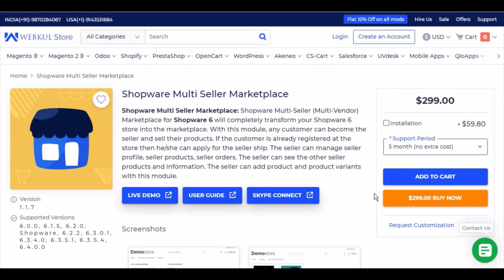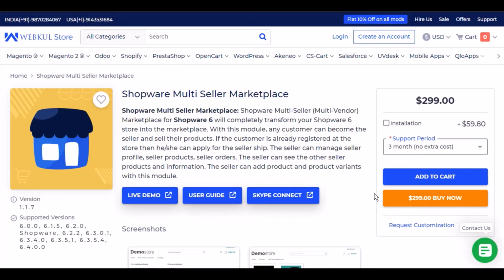So we all know that Shopware is one of the most widely used e-commerce platforms in Germany. It is an enterprise level platform which is based on the PHP language. There are more than 80,000 users who have installed Shopware for managing their products. It is an open source e-commerce framework which is growing at a rapid pace with great features like content management, drag drop design, layout, multi-warehouse system.